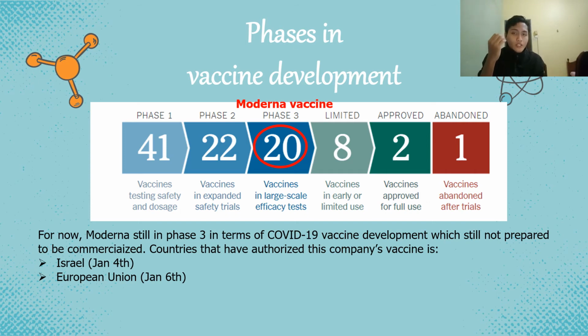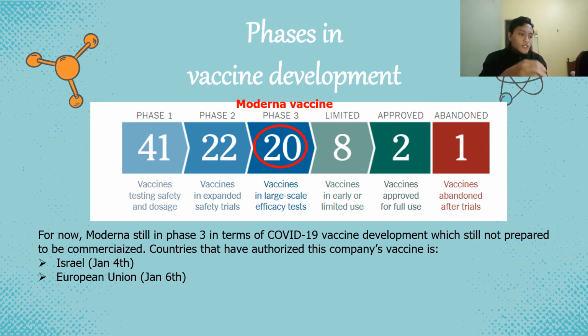Maybe the quantity of the samples increases. And the third phase is the large-scale efficacy test. Most of the vaccines nowadays in many countries have actually come to the third phase. Maybe some are at the second phase, but certain countries like Russia or China try to bring it to a limited phase where the vaccine is actually not quite ready to be commercialized, but it is being given to certain people. And this is actually not recommended by the specialists because it is too risky. Why? Because the safety of the vaccine is still uncertain.